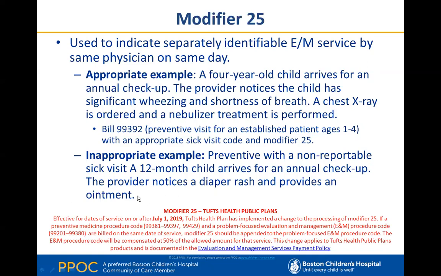And then just one payer-specific nuance that I've been made aware of. The Tufts Health Plan commercial plans have been applying the Modifier 25 towards a payment reduction of 50% of the allowed amount. And it is my understanding that as of July 1st, the public health plans will be implementing that change as well. In fact, it's my understanding that the vast majority of payers now do reduce the payment on the E&M code because there is some overlap.